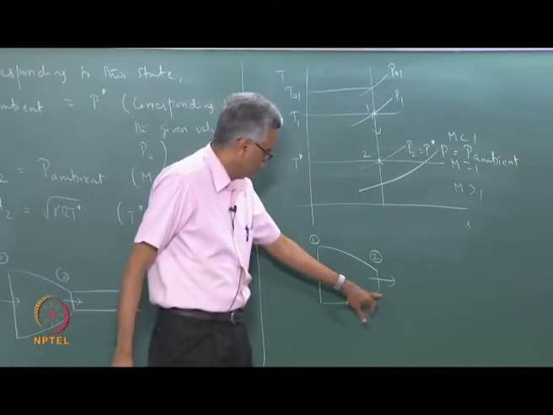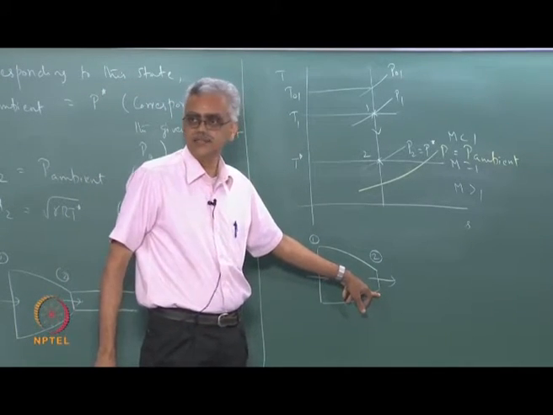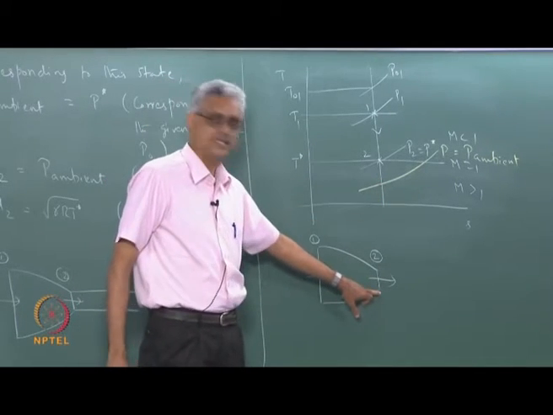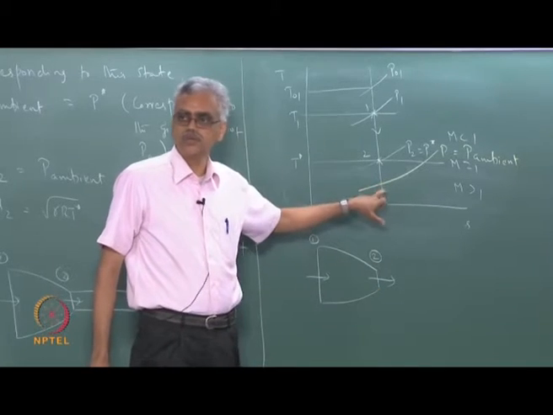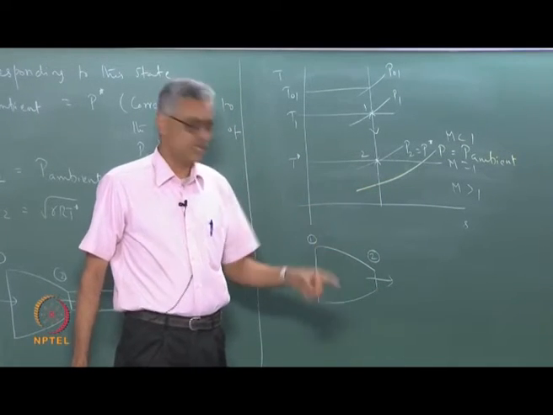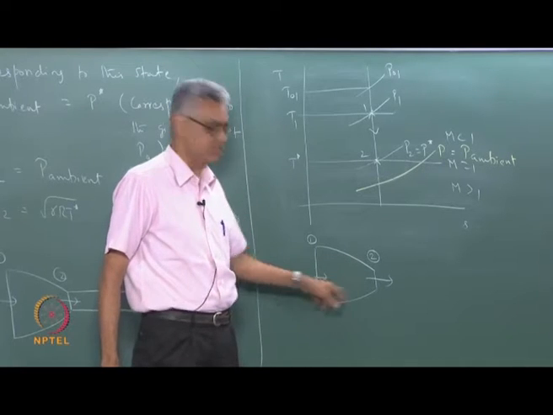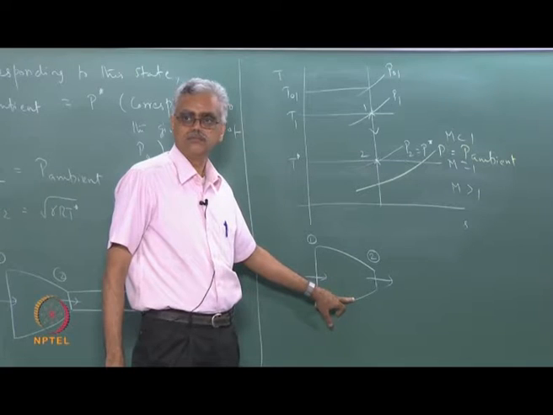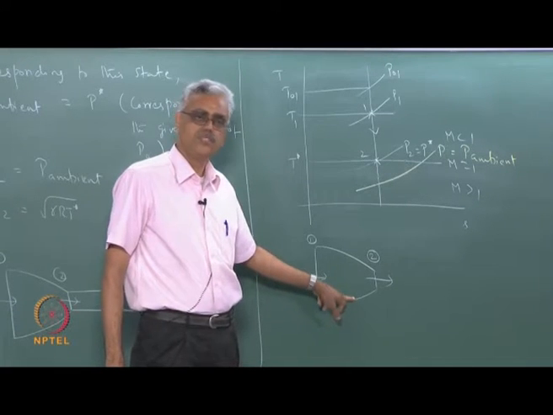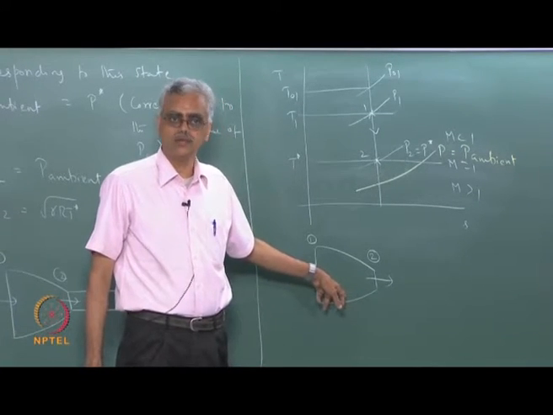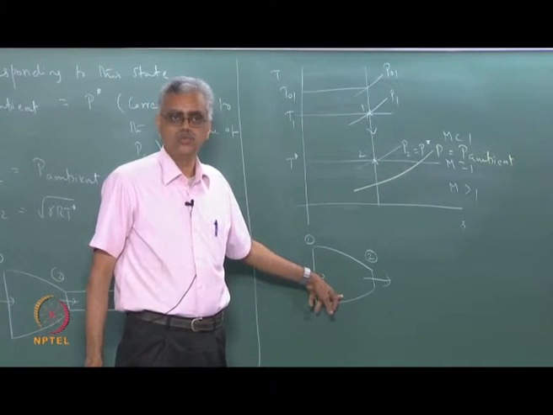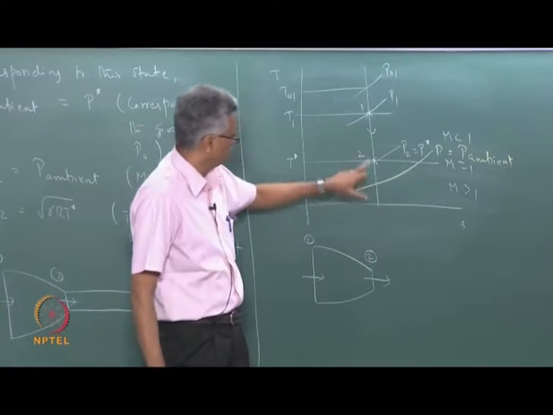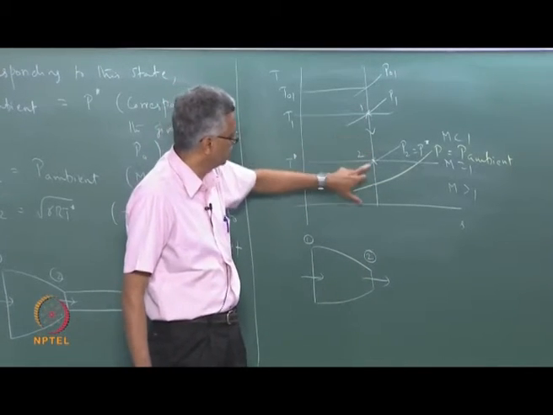So if the flow is supersonic at the exit, this is the exit state now. If it expands to this pressure, this is the exit state. So if the Mach number is supersonic here, that means the sonic state should have been accomplished somewhere here. This is less than 1. So M equal to 1 should have come somewhere here, which is not possible because M equal to 1 can occur only at a throat where dA equal to 0. So that means it is not possible for this flow to go further down, it will continue to stay here,